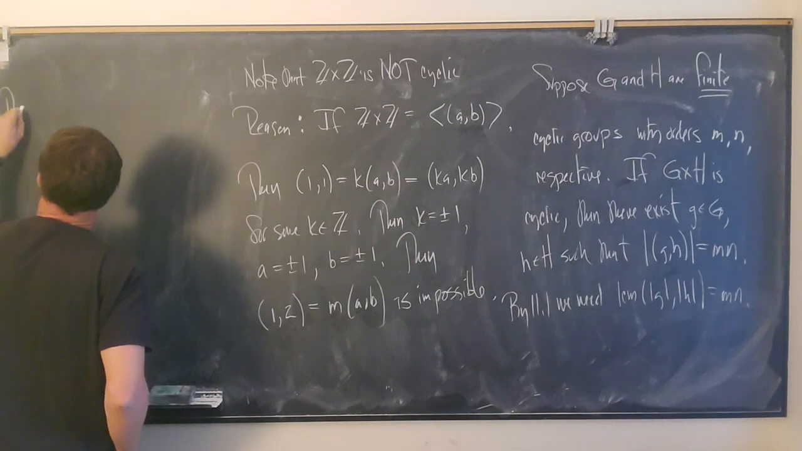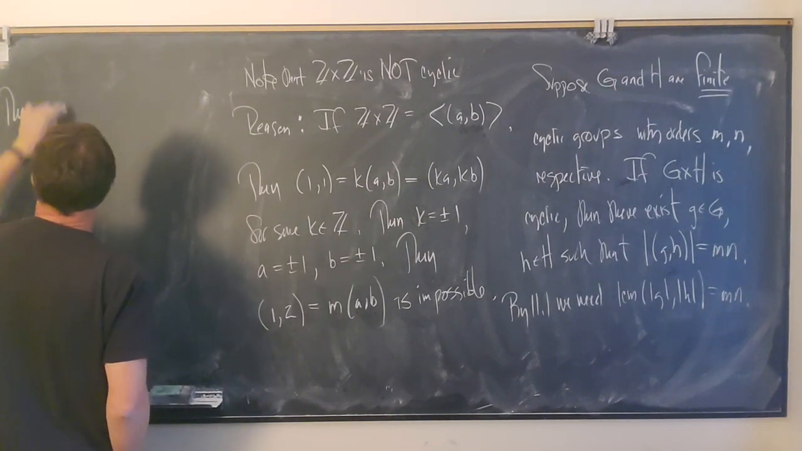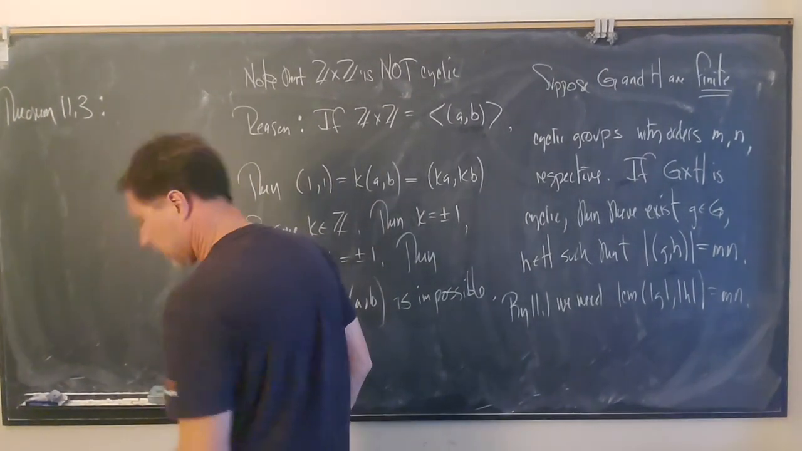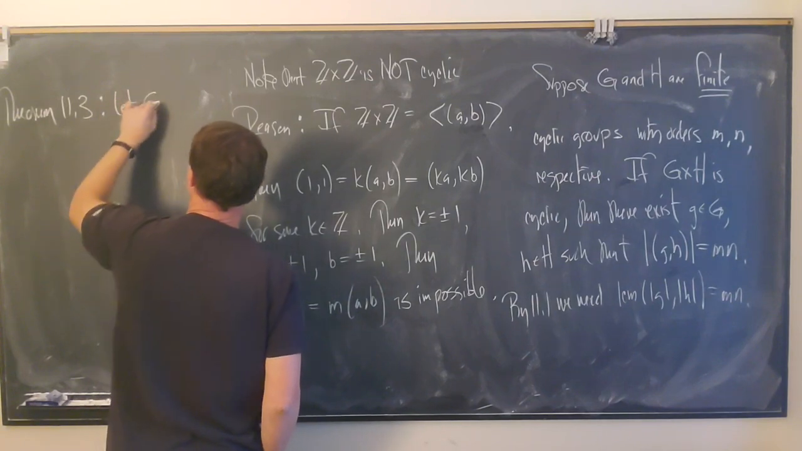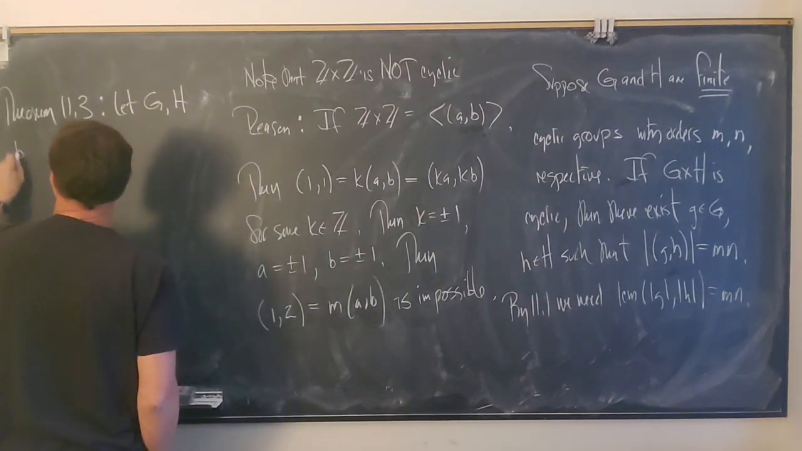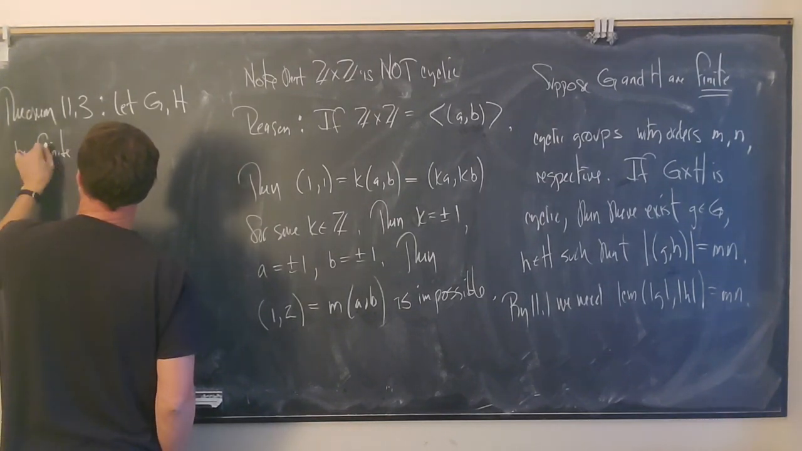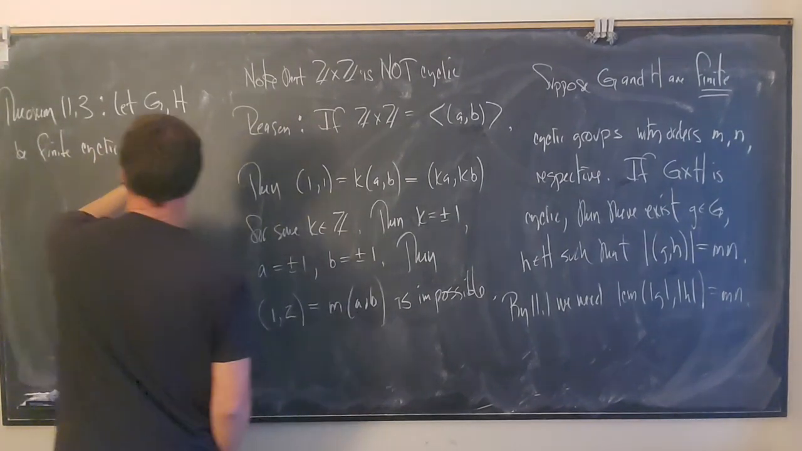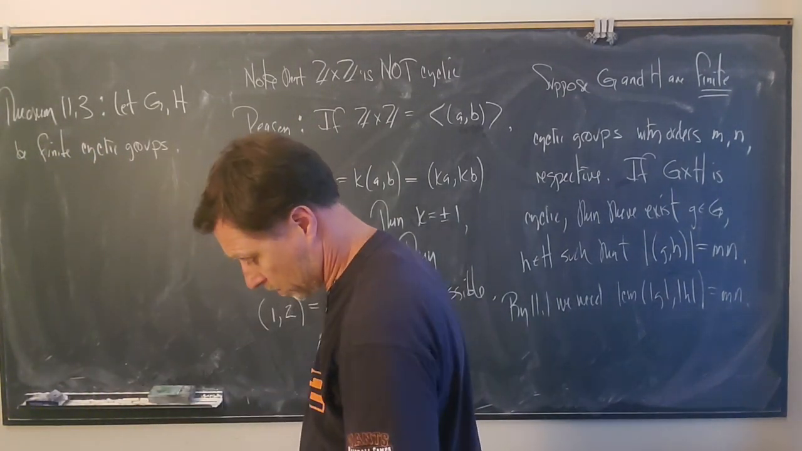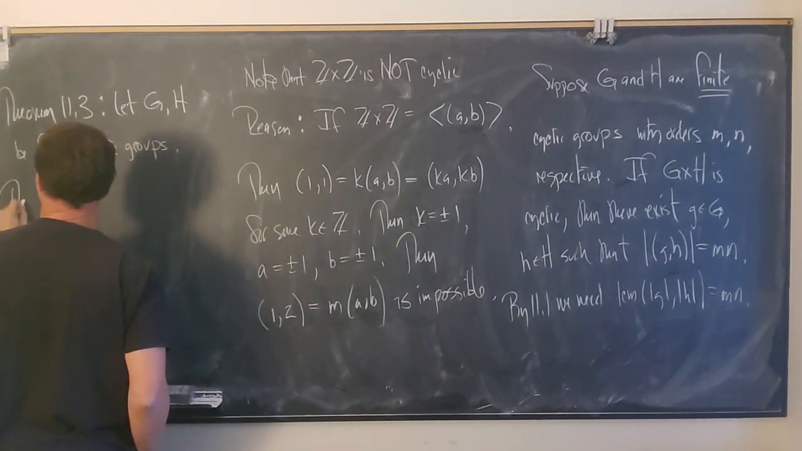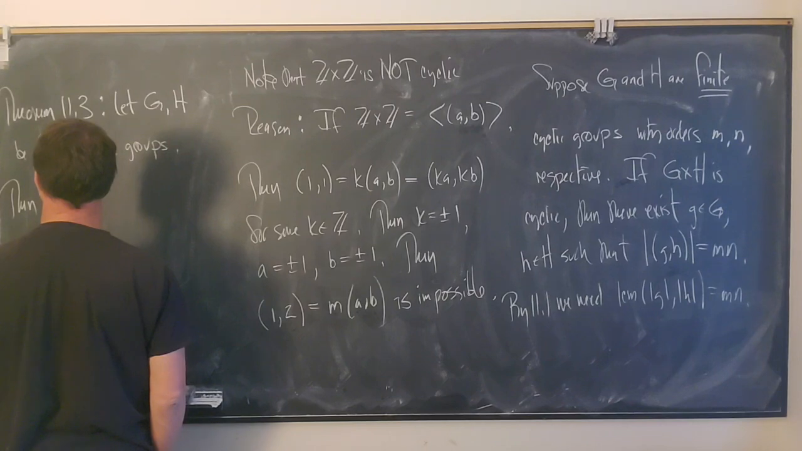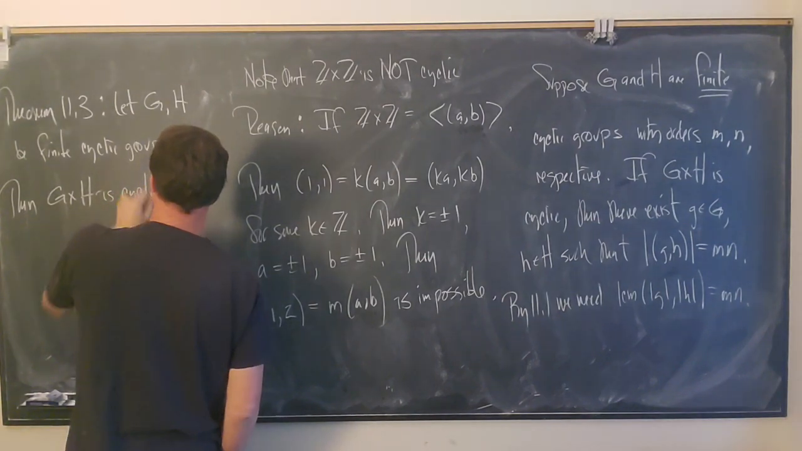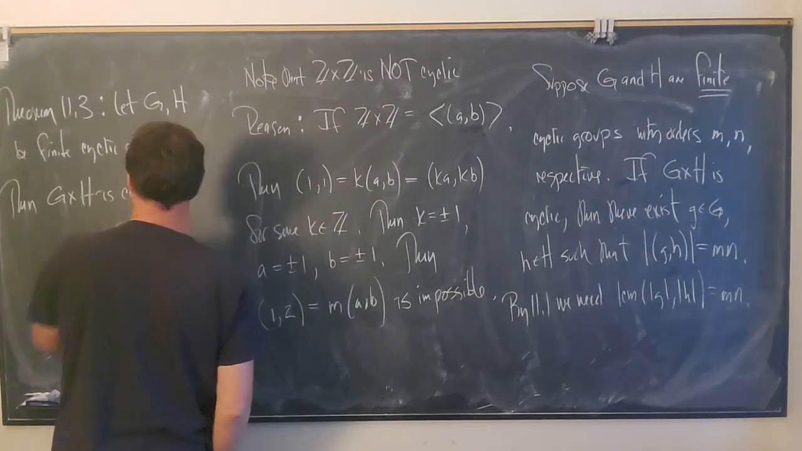And so this is going to be Theorem 11.3. So let's let G and H be finite cyclic groups. Then G cross H is cyclic if and only if